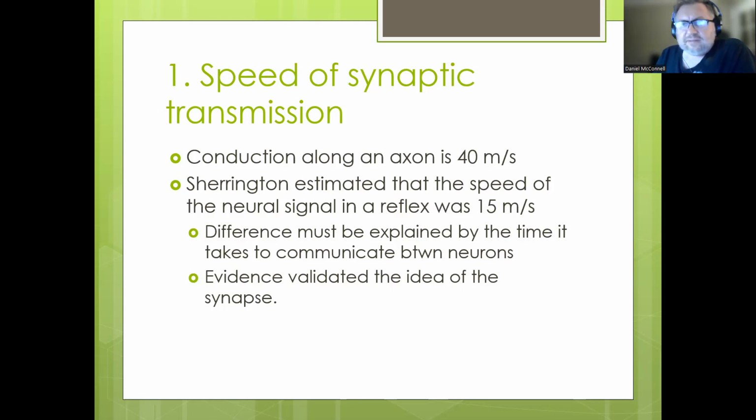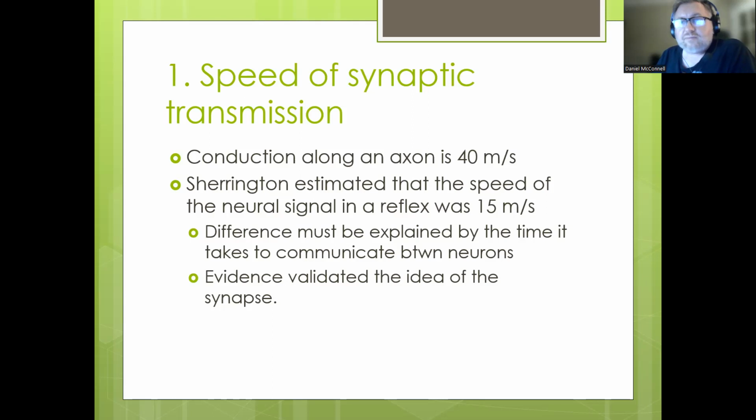And Sherrington's claim here is that the reason this is so much slower compared to just pure transmission along a single nerve axon is that the synapse has to be there to transmit that action potential from one cell to another. And that synaptic transmission is slower than the nerve impulse down the axon. And so this was the initial observation that Sherrington had made that proved the existence of the synapse,